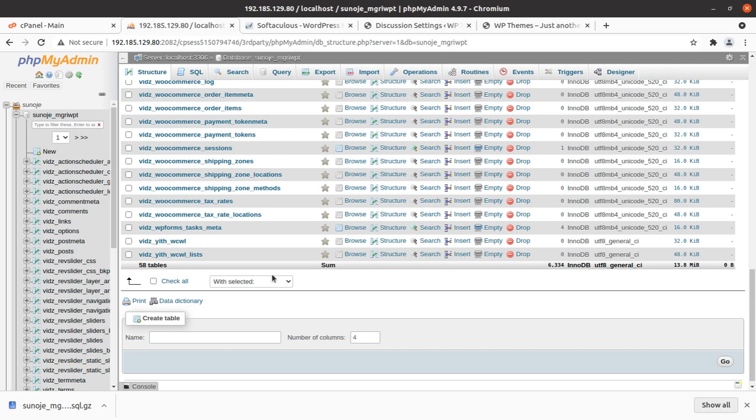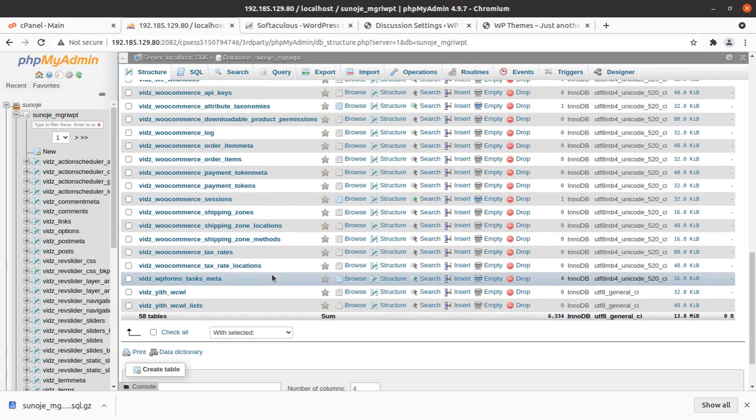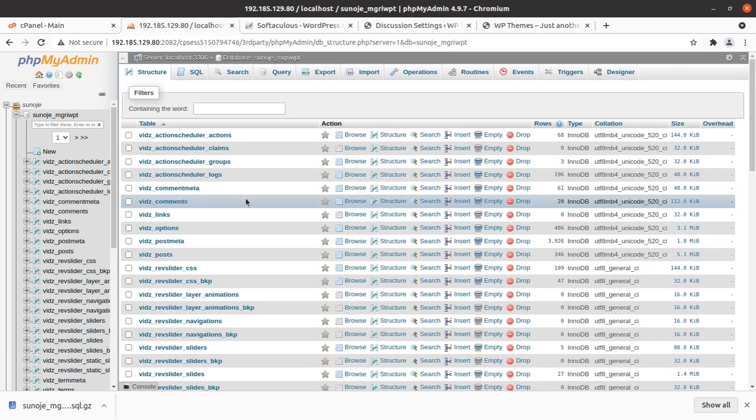So it is very important which table you are actually going to optimize. However, you can select all tables to optimize, there is no harm in it, but make sure you take a complete backup of database, just in case any break or error occurs. You can restore the database, and in another video I'll show you how to restore the database as well. So it is going to be easy for you, and this is also a safe procedure which I am telling you, but we have to be careful, and we should take the backup of database.